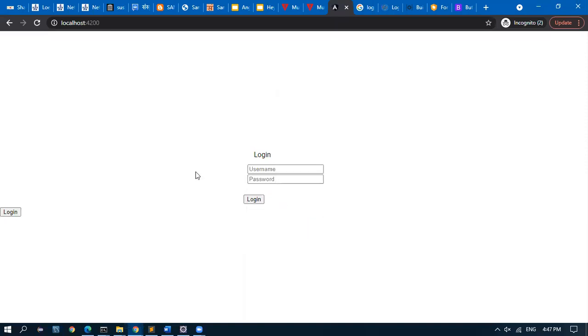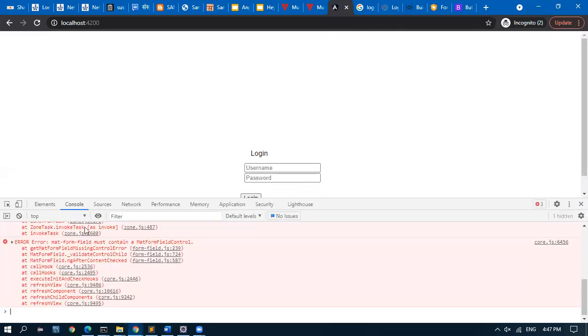The material has not come yet. The mat form field must contain a mat form field control.